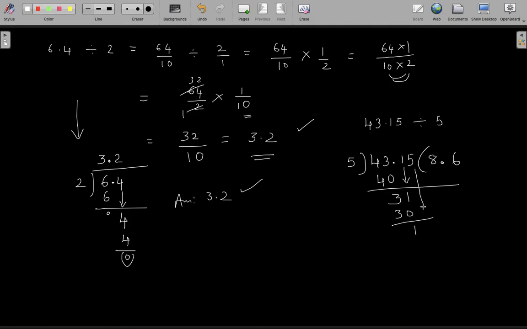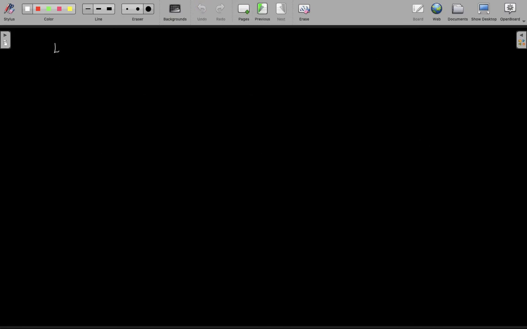Let's bring down the next digit, that is 5. And 5 times 3 gives you 15. The remainder here is 0. So your answer in this case is 8.63. You understand? But the same thing, 43.15 when I am dividing it by 5, instead of the direct division, maybe if I want to convert it into fractions and do it, how will I be doing it? I should be dividing 4315 directly by 5 first.